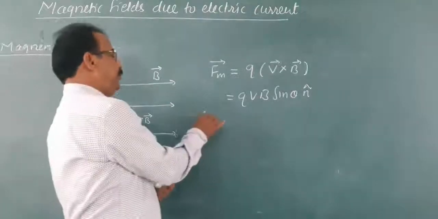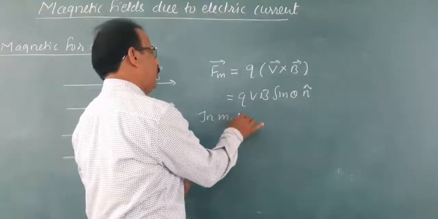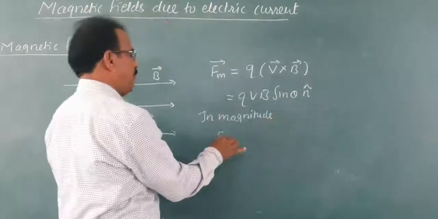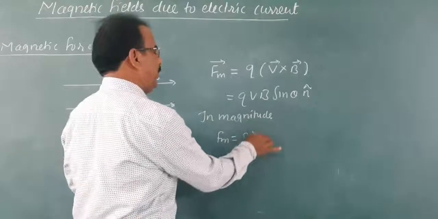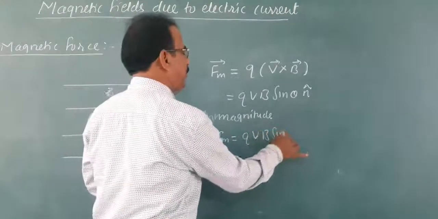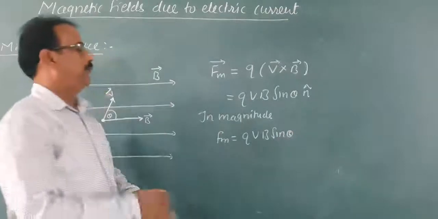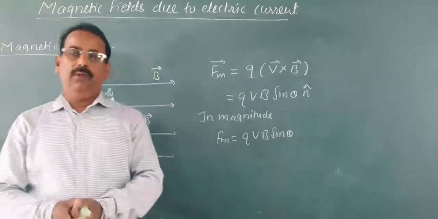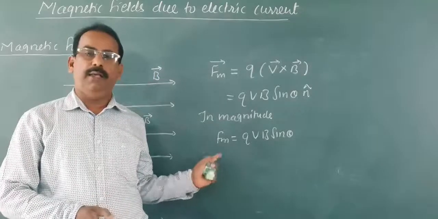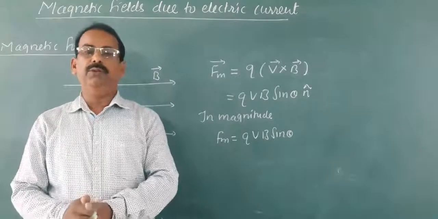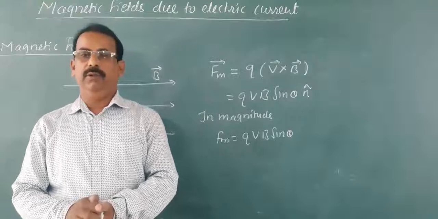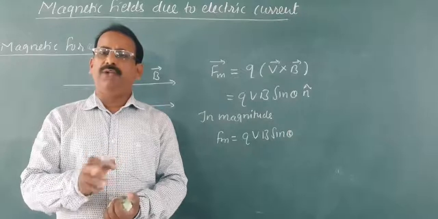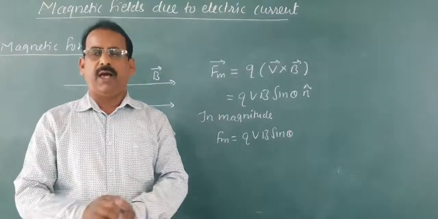In magnitude, we can write this magnetic force as Q into V into B into sine theta. The magnitude of a unit vector is 1. Therefore, in magnitude, you will get this magnetic force Q into V into B into sine theta. As the maximum value of the sine function is 1 for theta equal to 90 degrees,